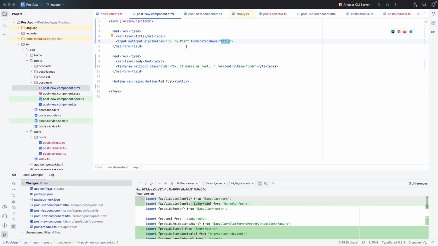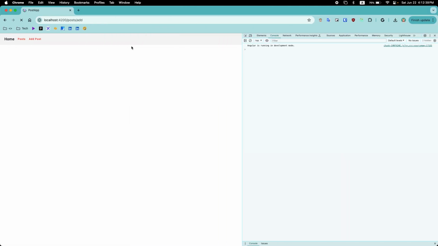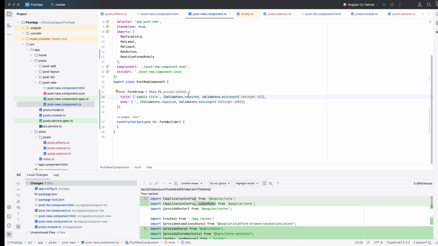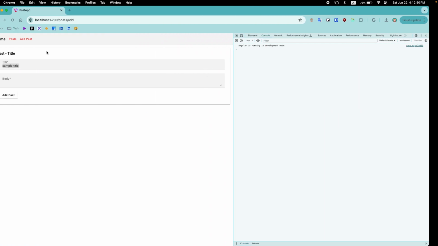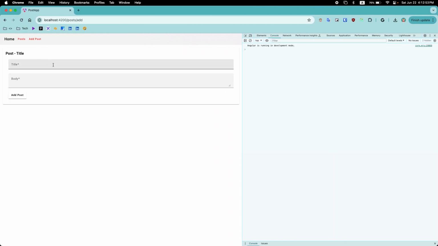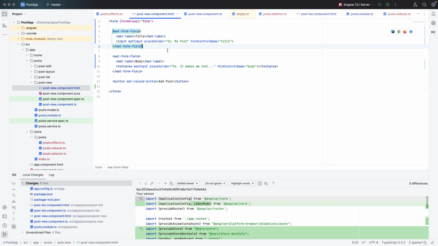Now one of the things is, if we want a default value, we can show, so sample title. You're gonna see that value is already plugged in, sample title. This is kind of cool. Now the next thing is to be able to submit, right? But what we want to do is show our validation error message somewhere. So what we can do is put each of the validation messages underneath, so that it's